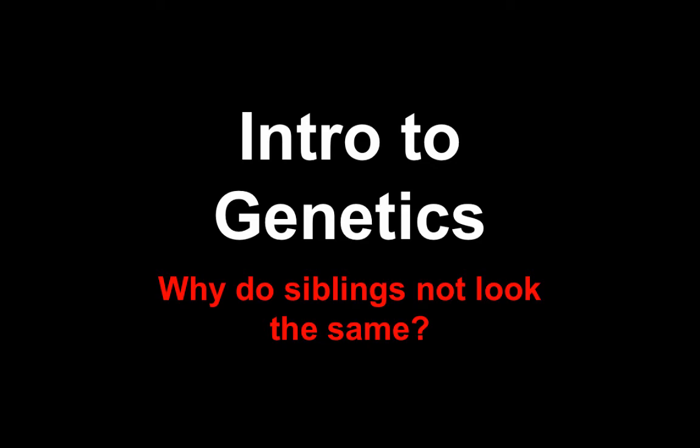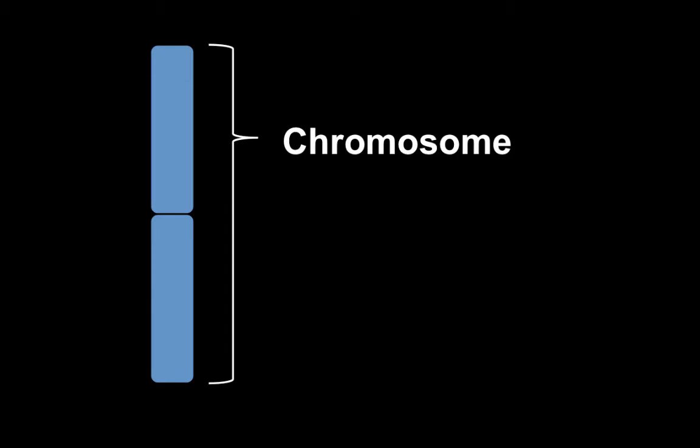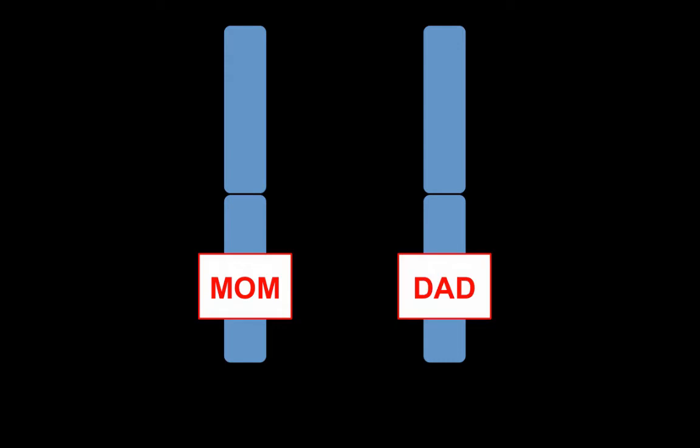Okay, so today we're going to talk about introduction to genetics, and we're going to answer the question, why do siblings not look the same? All right, so first, remember that we have chromosomes, and these are wound up sections of DNA. We have 46 of them as humans, and they're in 23 pairs. Now remember, those 23 pairs, one of them came from mom, and one of them came from dad, and on